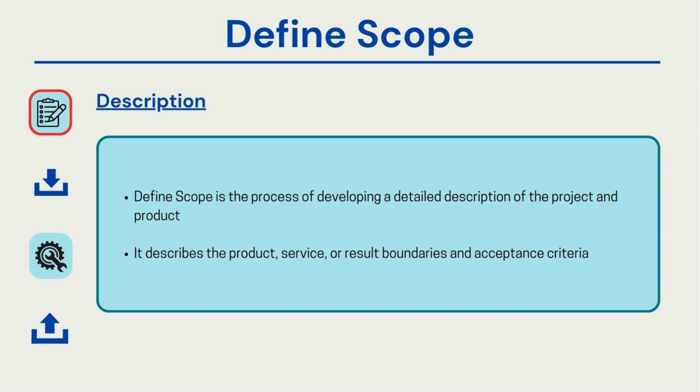As part of defining scope, you will see that we are essentially describing what we are going to build, what we are going to create as part of this project and product. Whatever the product outcome or result that you are trying to achieve, you will now define it together with stakeholders. You will need to be on the same page about what it is. This is also where you capture what is in scope, how scope items are defined as part of this project, and what is not part of the project.